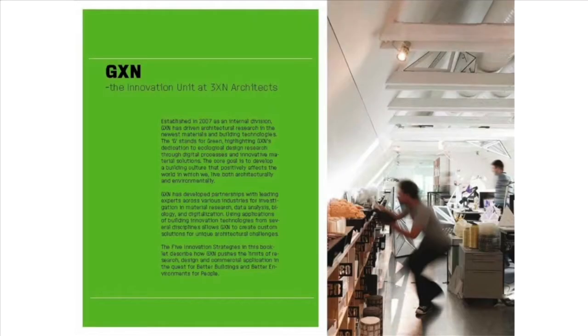So GXN, in relationship to 3XN, is our innovation unit. As said, we started out in 2007. Actually, I started out in 2007 as a one-person unit, really just working for 2 years trying to connect to a lot of different knowledge fields, a lot of different industries, a lot of academia and universities, and then production facilities and factories. And we do this innovation approach due to the fact that, honestly, as an architect, you spend